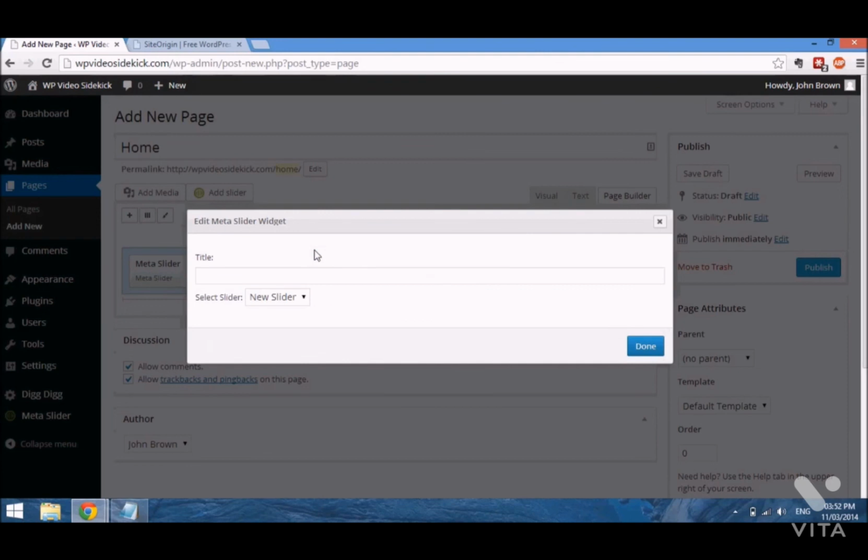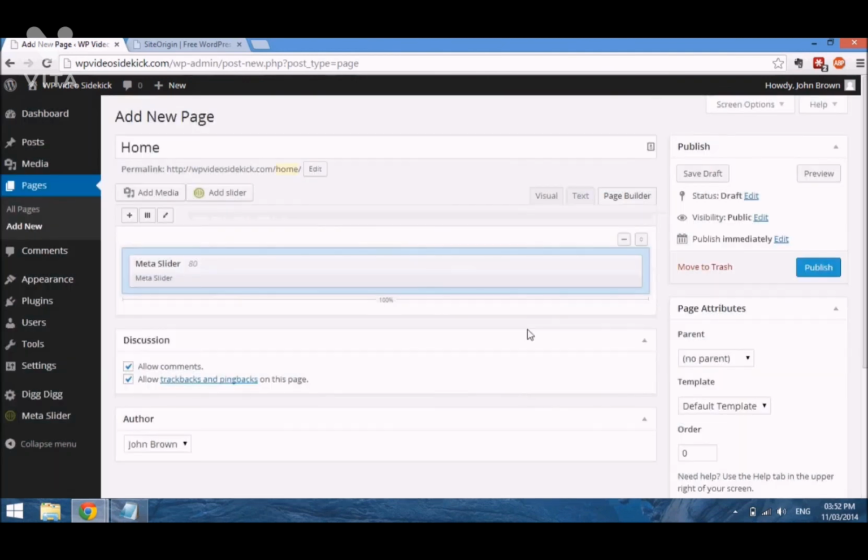Because what this widget does is basically when you go to the Meta Slider options, which is on the left hand side there, you create the slide, you name the slide, and when you come to this widget, you just select it by name. So my slider is called New Slider. So I'll just drop that there,